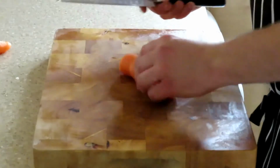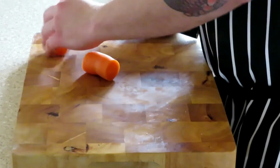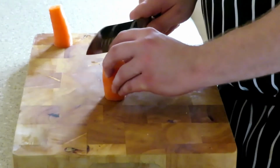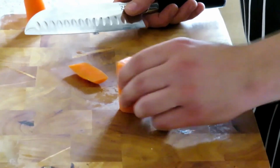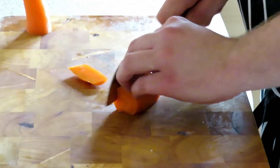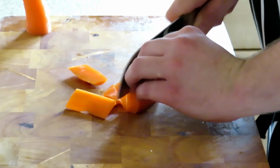Little waste bowl. So the first one I'm going to go through is something called a Julienne, and that basically means matchsticks. So we're going to chop this carrot into matchsticks. The first thing we're going to do is cut down one side, just like that, and then place it on the side like that, so you've got a firm surface to cut from. And then all we're going to do is slice down a couple of millimetres on each side,